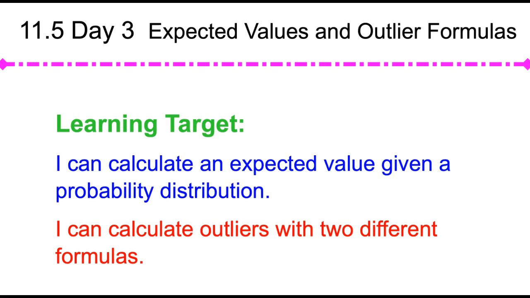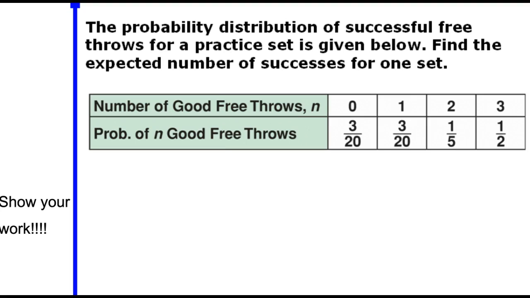11.5 day 3. We have two more things to talk about here. In 11.5 we have expected value given a probability distribution, and then we're going to talk about outliers again. So let's just jump right in. I skipped a page on the notes that you have, so we are going to jump right into a